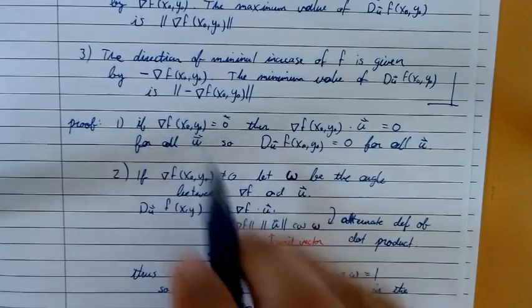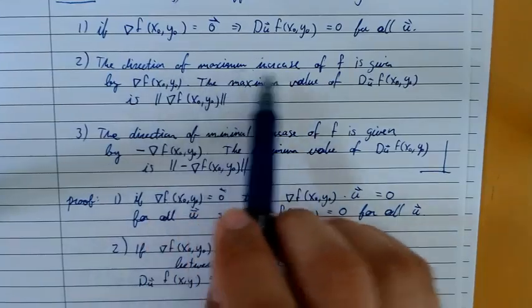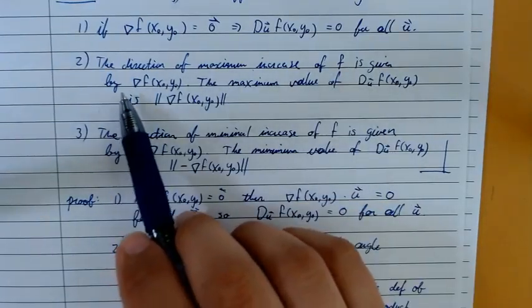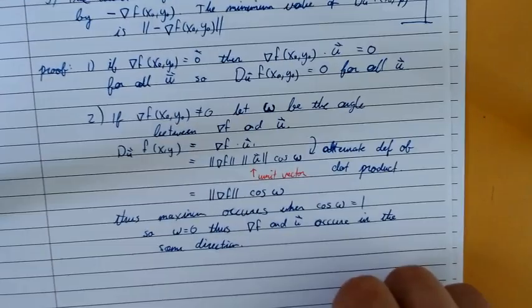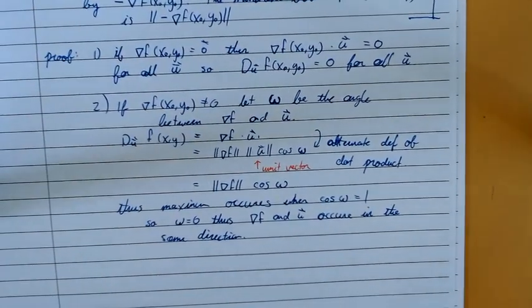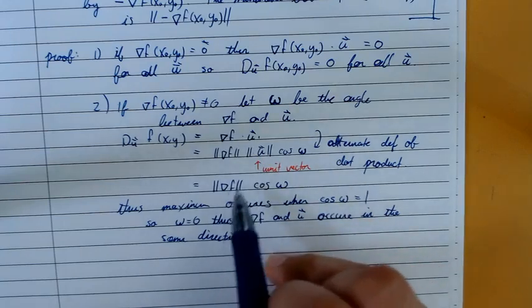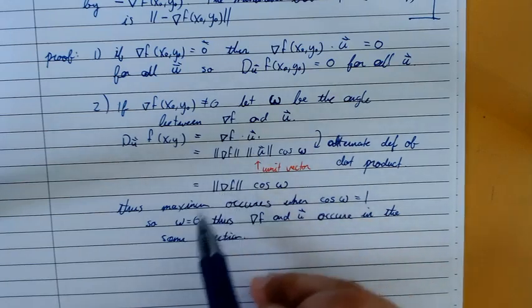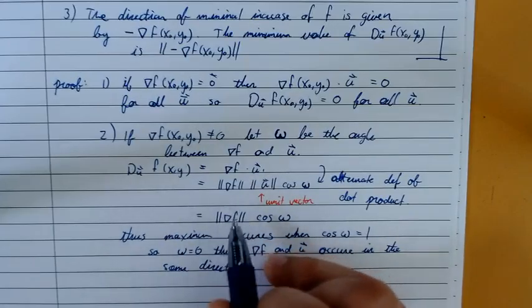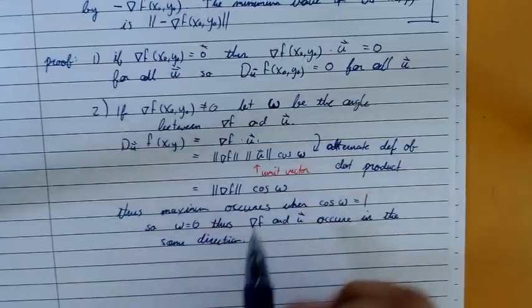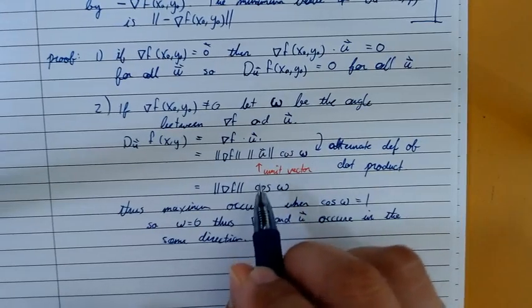Oh, okay, so that's what we wanted. The direction of maximal increase of f is given by the gradient of f. If u and the gradient of f are going in the same direction, that's the maximal increase. So then the maximal direction is in the direction of gradient of f. Not only that, but if this is equal to 1,